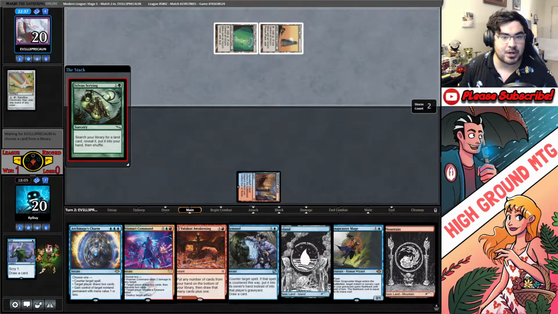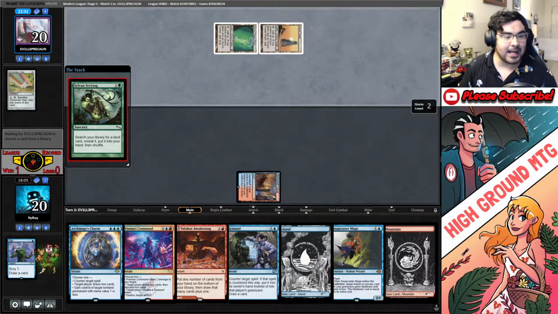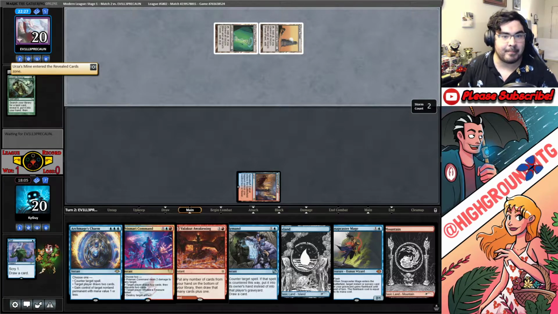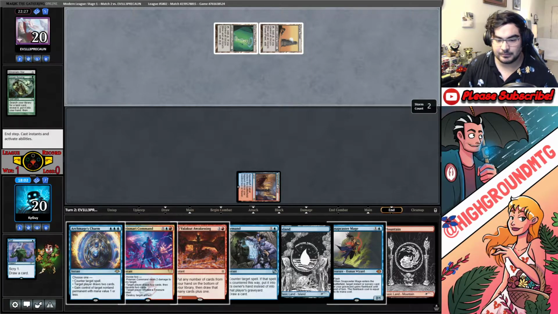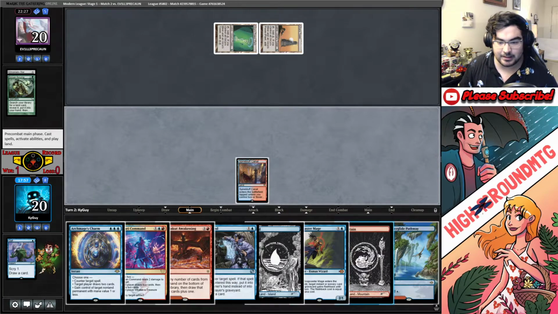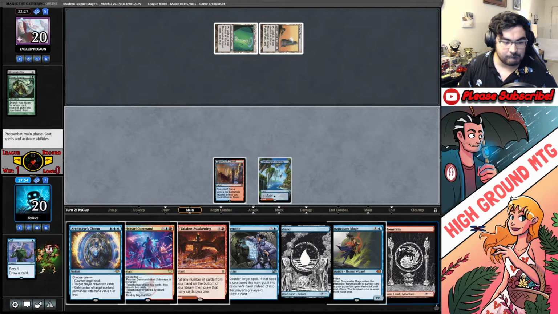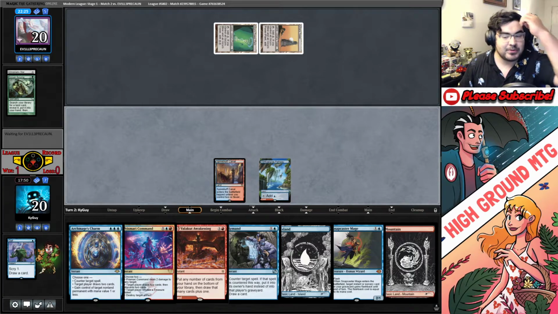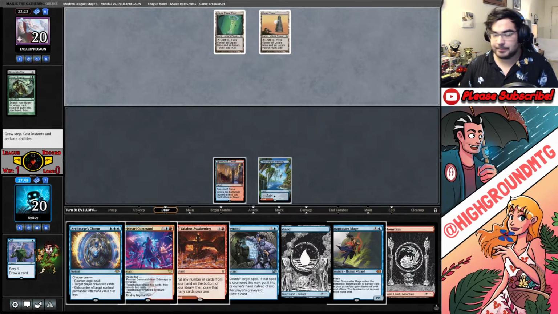But maybe we can draw our way out of it and see what they search for. It's going to be a mine, which means that they need mine. River Guide Pathway. I like that a lot. Let's play it. Which means we have Remand in case they play something big, which will dig us deeper. Hopefully we can draw into our